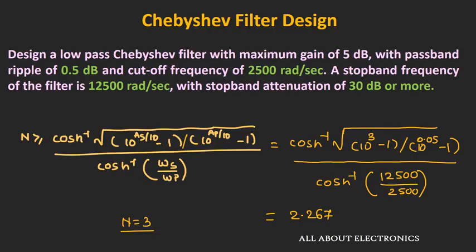Now once we know the order of the filter, by using the mathematical equations, we can find the transfer function of this filter, and through that we can design the filter. But the same thing can be done just by using the filter table. So here we will solve this problem using both the methods. That means by using the equations and then using the filter table, and at the end we will see that we will get the same result. So let us first of all solve this problem by using the mathematical equations. I will quickly go through the mathematical equations. Wherever you feel, you can pause the video and try to get those values by yourself.